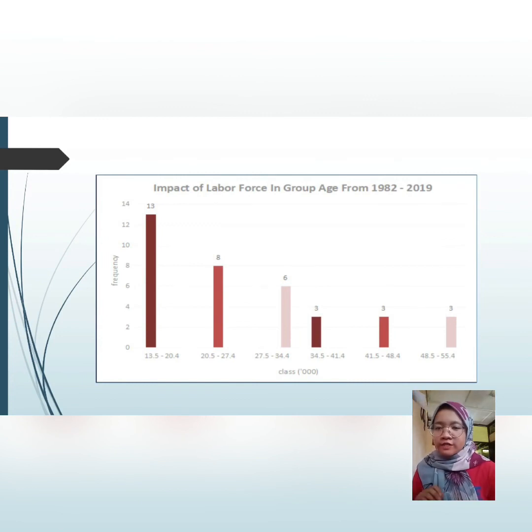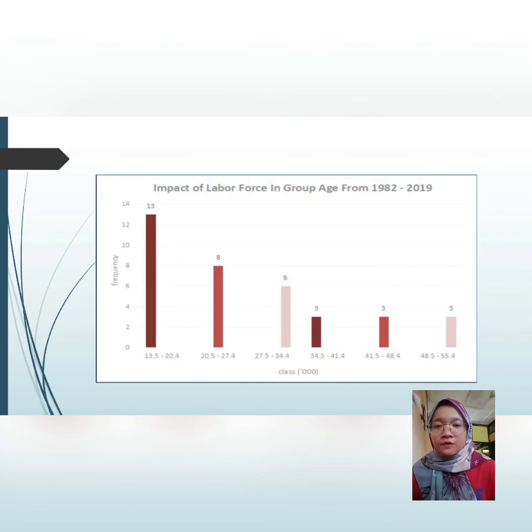Okay, for the classes between 13.5 until 20.4, the frequency is about 13, while for 20.5 until 27.4, the frequency is 8, and for the class